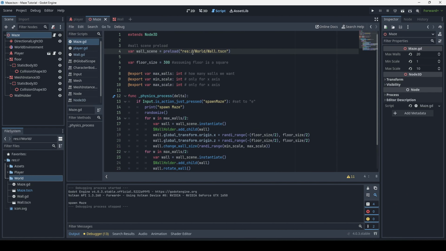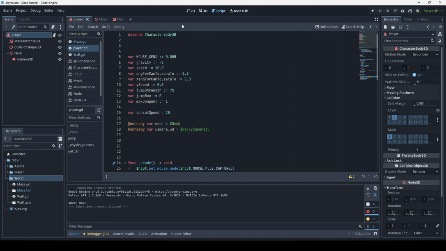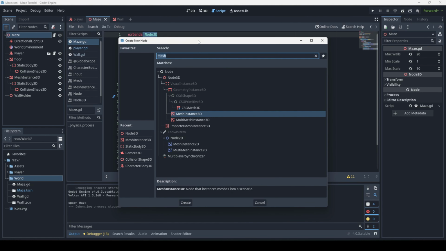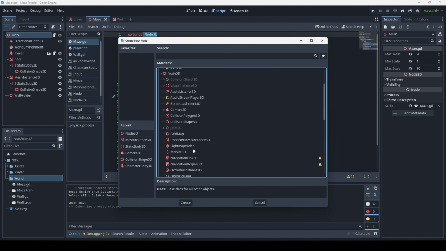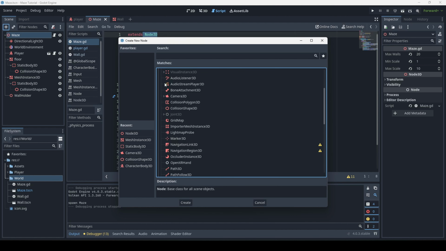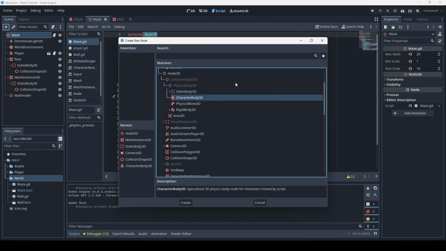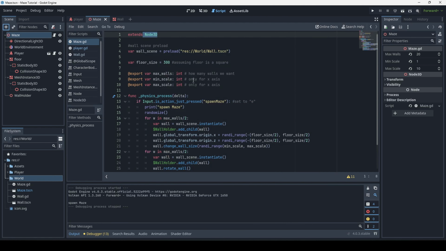And just a quick reminder, everything that the Node 3D does have, the player will also have, as it's a kind of like a child of the Node 3D. If I go to physics body, you can see how it's like kind of under its branch. Anyways,